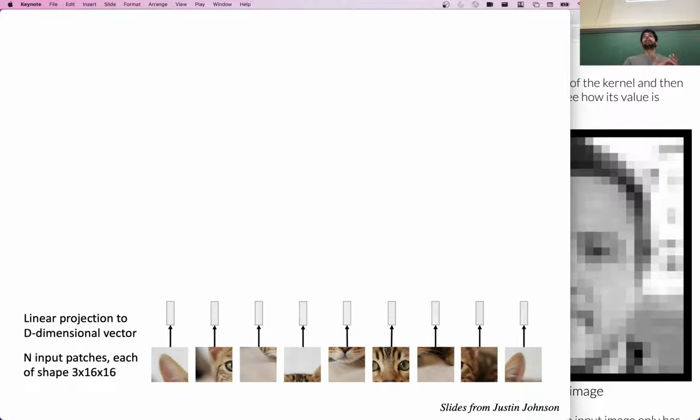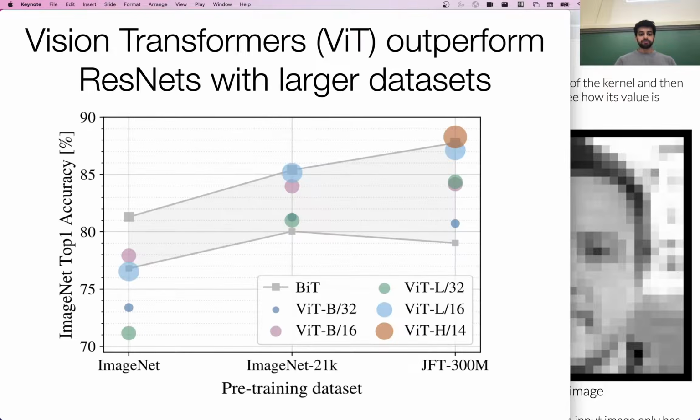If the input has text, we can just get the token embeddings, make sure they're the same dimensionality as these, and treat them all as one big sequence. So if I have an input that has interleaved text and images, I can get a single sequence that is tokenized to include vectors of both modalities, and then do some sort of learning on top of that. So that's the general idea.